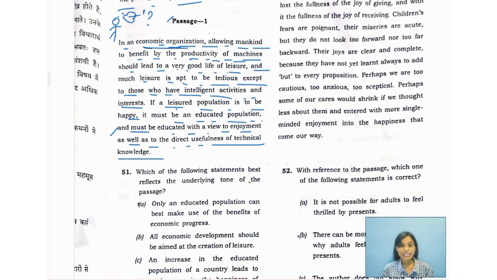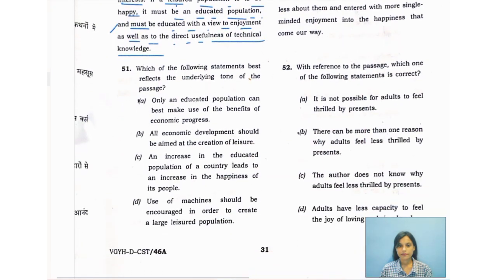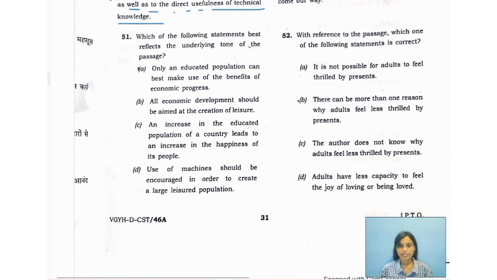So we need to get educated first for that, because if we do not get educated, we won't be able to think in that advanced way. So we need to get educated first to get these kind of machines which will allow us to have our leisure time, right? Let's see what points are there after this passage. So more or less you have understood. Let's see the question.